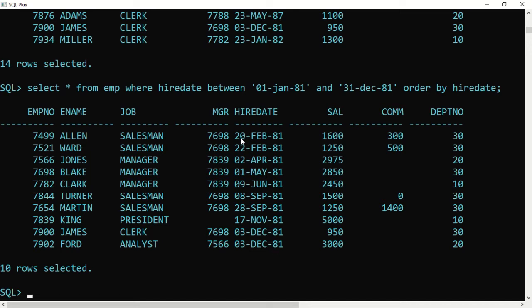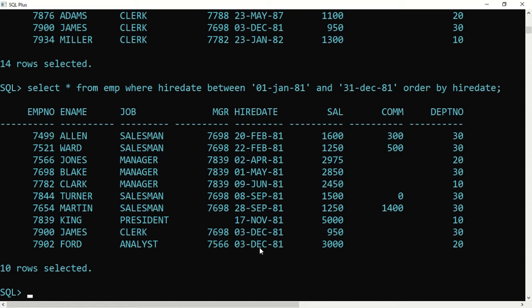Now here the first person joined on 20th February, then 22 February, then April, then May, June, July nobody is there, August nobody, then September, then October, no person joined in October, then November, then December, 2 persons joined. So this way the dates have been sorted date wise.